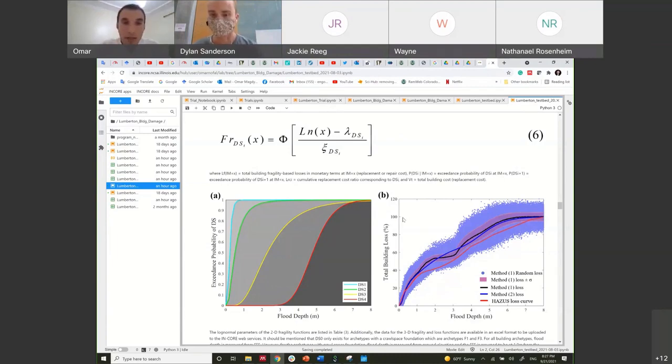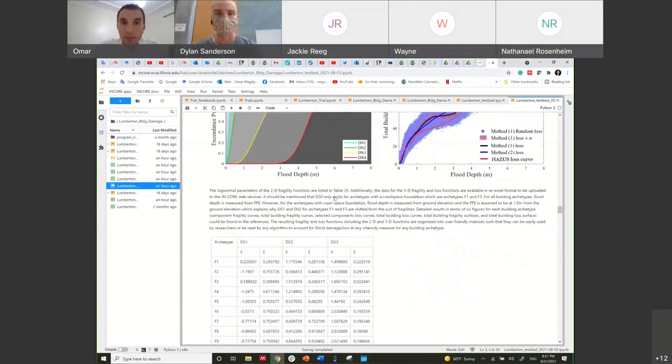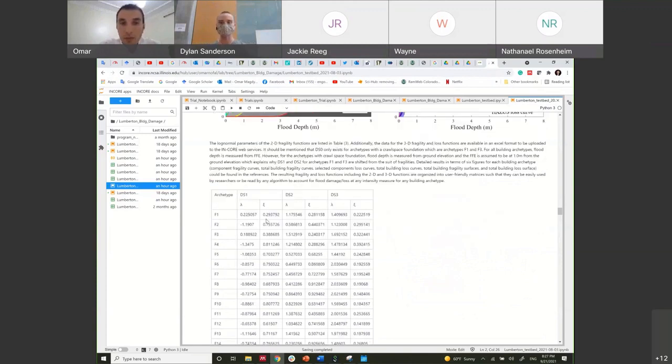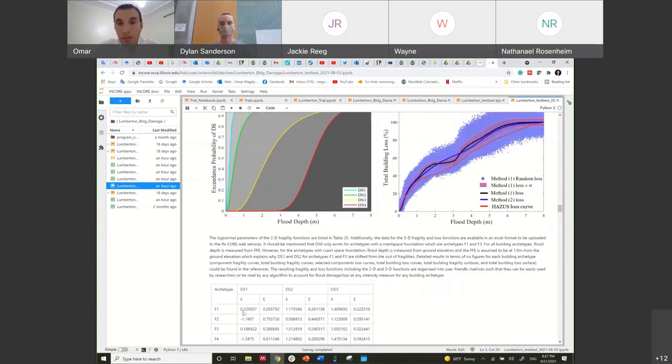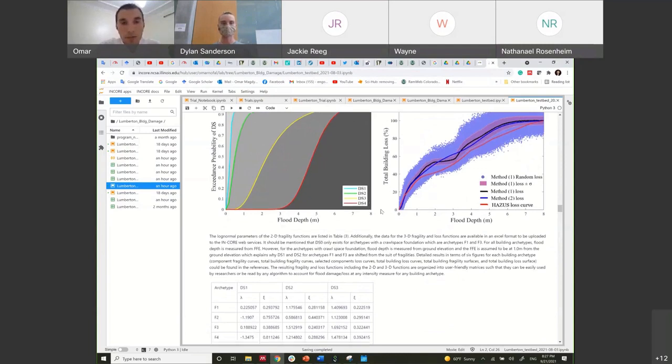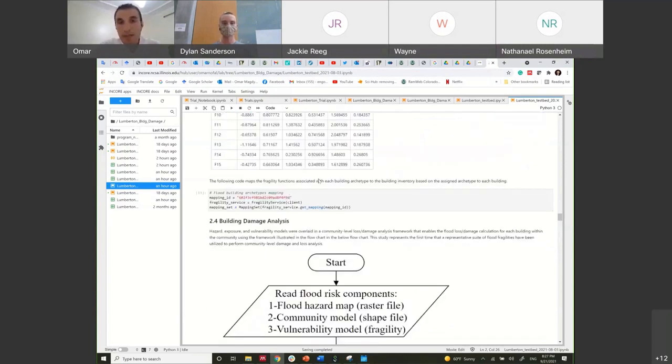And then here are the lognormal parameters for damage states 1, 2, and 3. Using these lognormal parameters, we can draw these fragilities, which give us 3 curves corresponding to each of these damage states. Then we map these 15 fragility functions to each building within Lumberton based on the building archetype. So once a building is identified as a two-story residential building on a crawl space foundation,